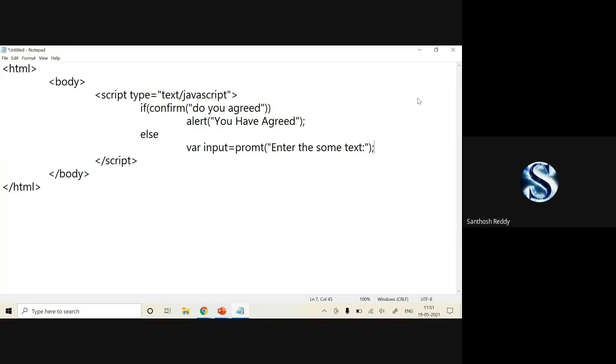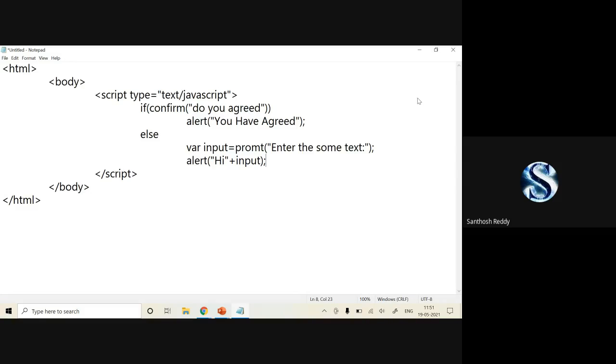Once I have taken an input, I just have to display it in the form of an alert. So alert, I'll give 'hi', concatenated with the input. That's it. Close your alert method and give a semicolon. Confirm gives two options: one is OK, another is Cancel.